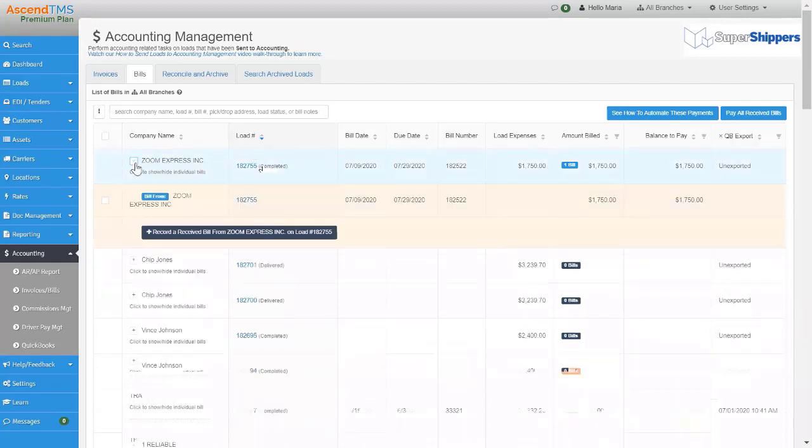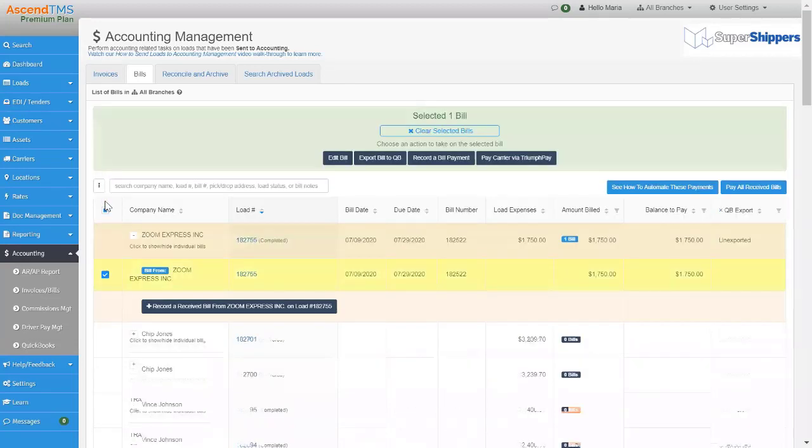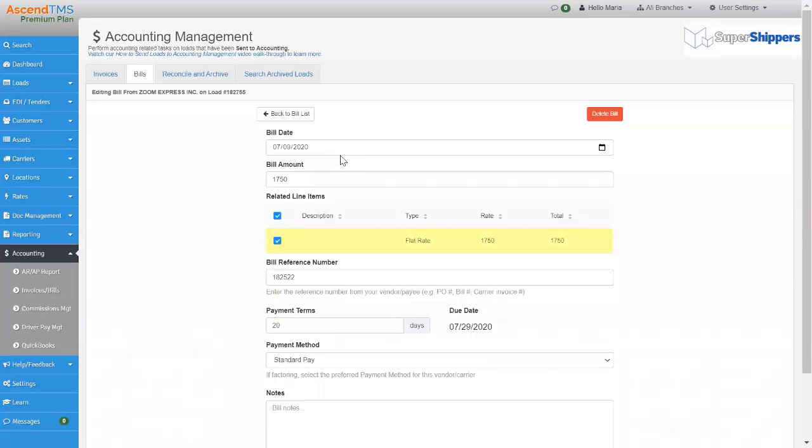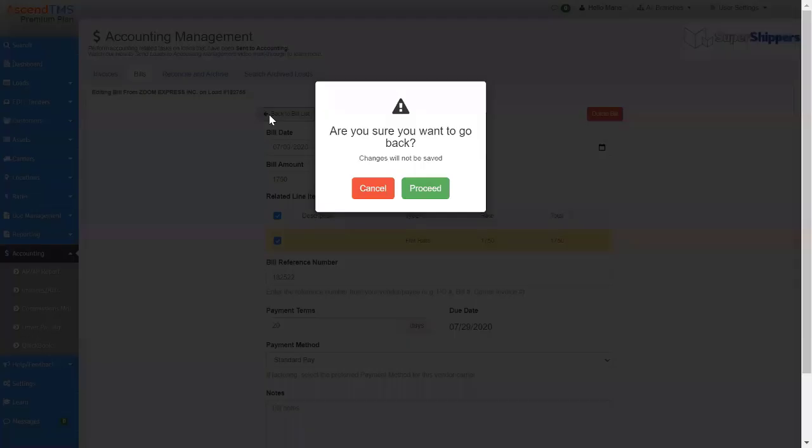So now what can I do here with this bill? When I select a bill that's been received, I have 4 options again. I can edit the bill. This is especially nice if you need to make a change to the bill amount. Oftentimes, I personally don't edit. I prefer to delete the bill and then re-record it to let me start from scratch. That's just a personal option, but I want you guys to know you can do that. It doesn't delete the record of you owing them something. It just deletes the recording that you just made that you received the bill. All right, so you can delete in here.